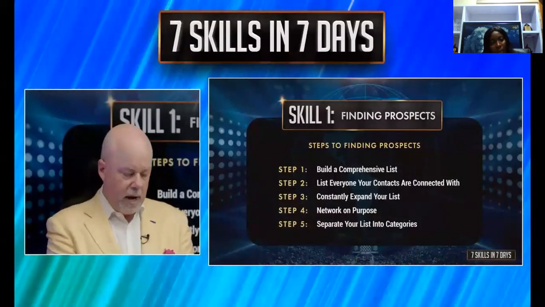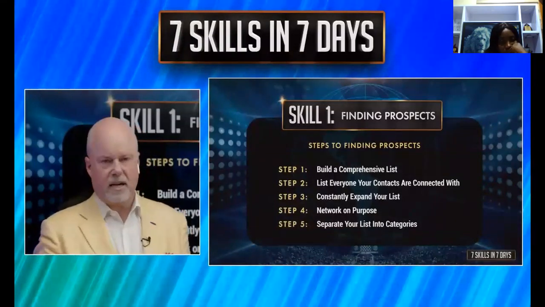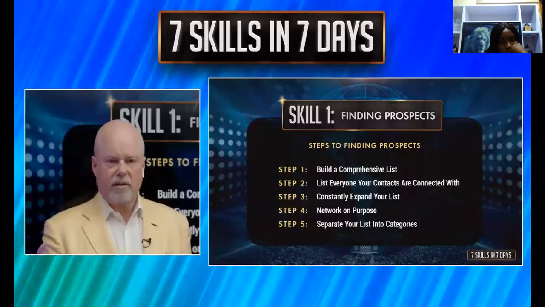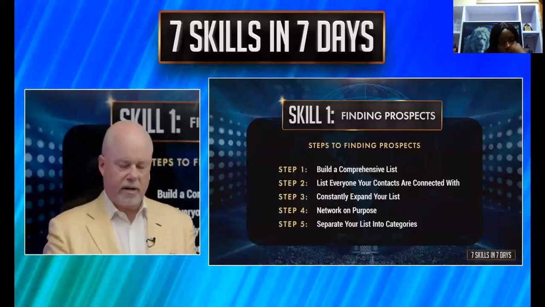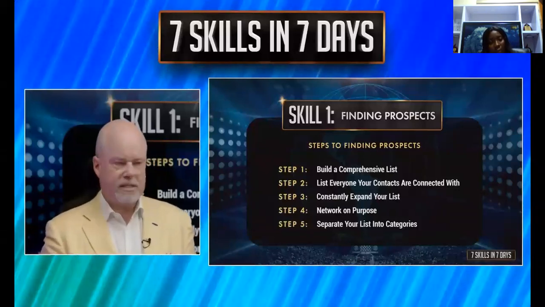Separate your list into categories and I would do this maybe once a month. Out of your big overarching list, break down who are the 10 easiest customer prospects you can think of, that need product, can afford your product, that will support you, whatever. Who are the 10 easiest distributor prospects that you can go talk to right now? And then I would separate them into hot market, warm market, and cold market, because we're going to approach them differently. We're going to talk about that tomorrow. I'm going to teach you tomorrow how to approach your easiest customer prospects, your easiest distributor prospects.